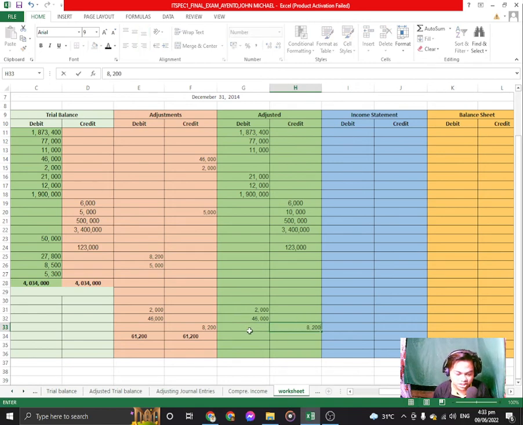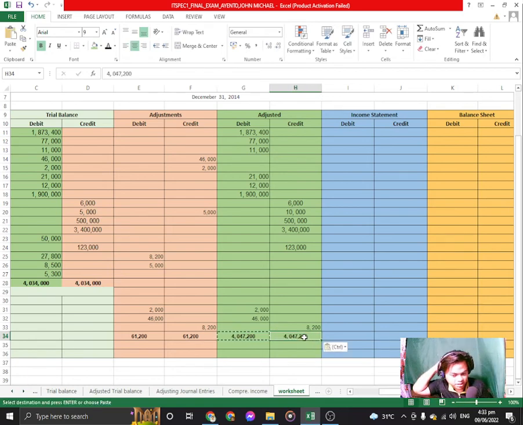Okay, nag-total na siya og 47,500,200. Okay, at sa pikas pod, nakatotal na po ni siya diri. Same with the debit nga nakakuha siya og total amount of 4,047,200. Okay, for the income statement,